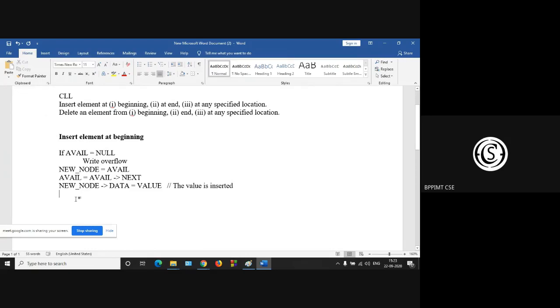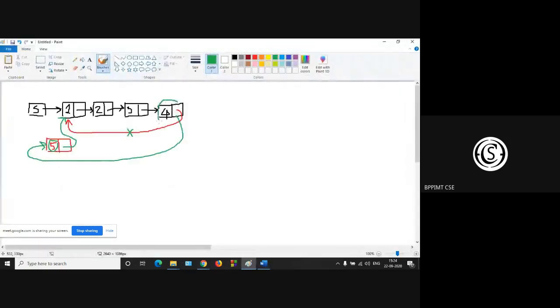What will be the next line? You have to insert this newly created node 5 in between this first node 1 and the last node 4. Why?